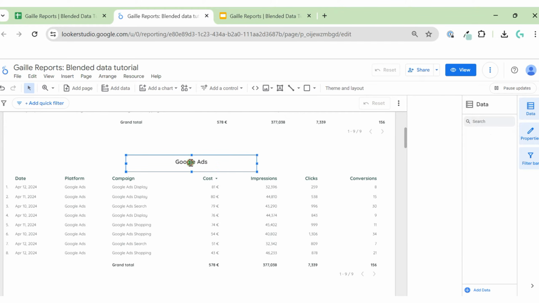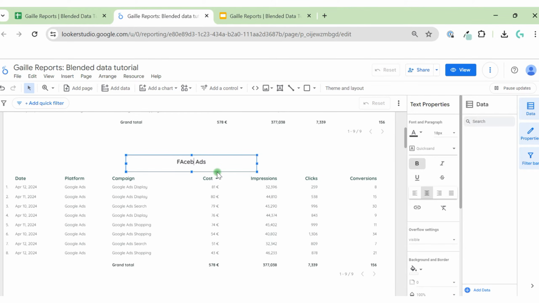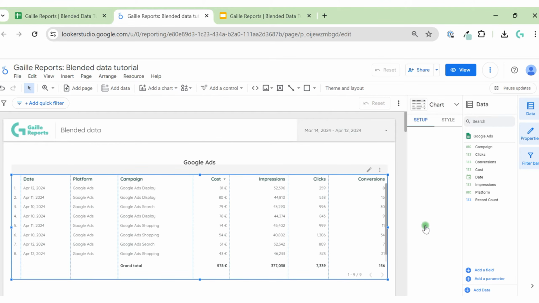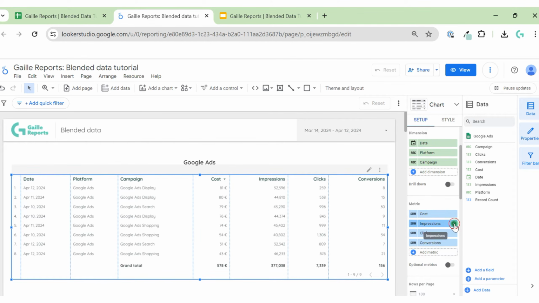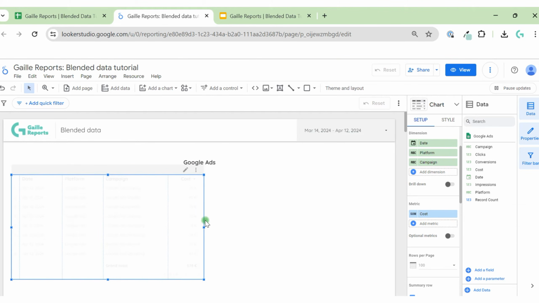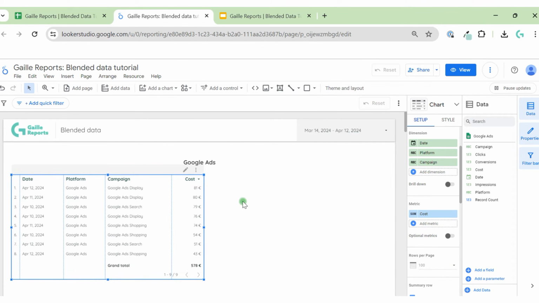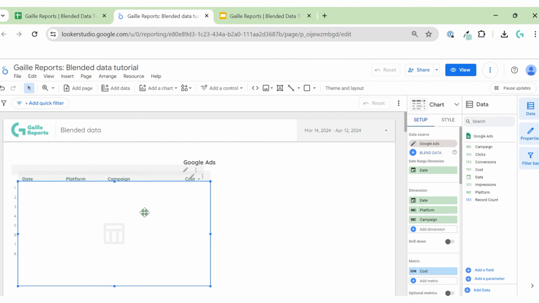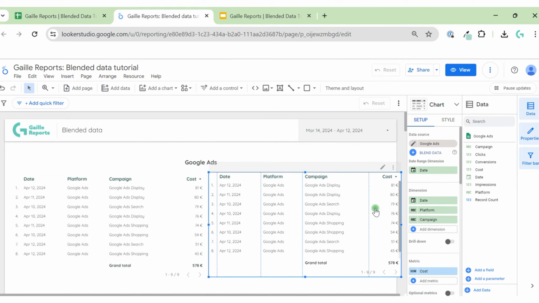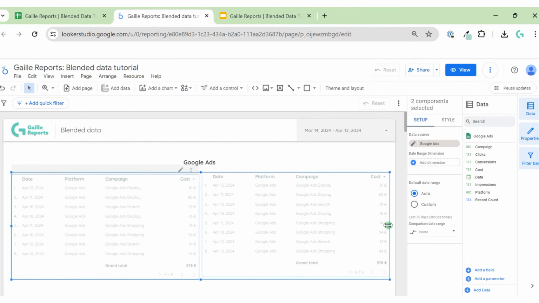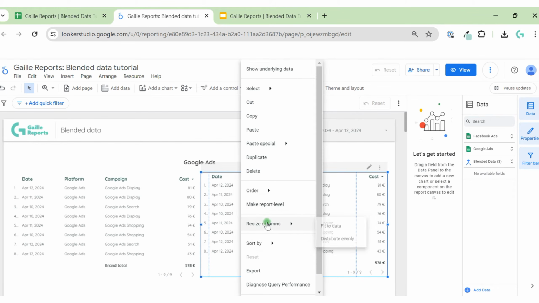Hello. This will be Facebook ads. I don't think that we need all this stuff. We need only, let's keep cost and conversions. Just cost, okay. And make this table for half of the page. Yeah, I think it will be better if I do two tables on the same place. It will be more than enough for us for now. Resize fit to